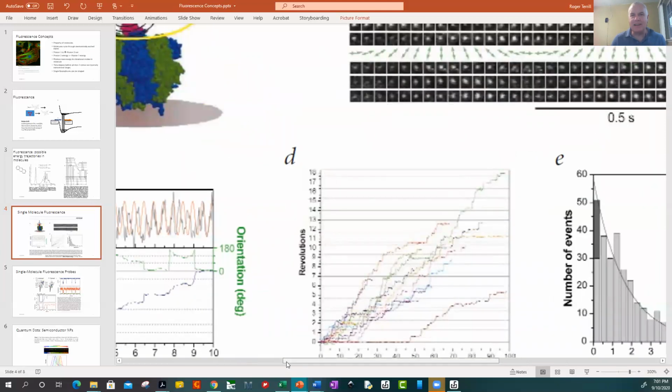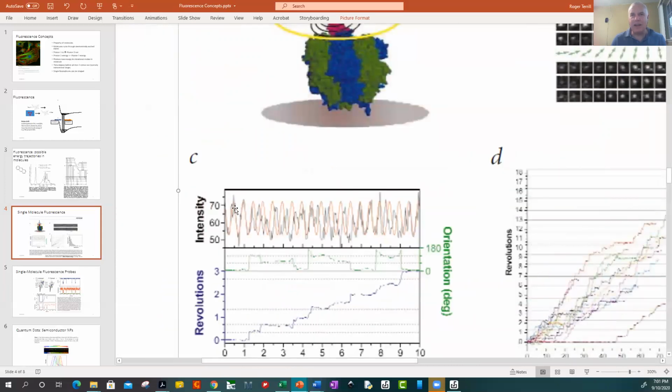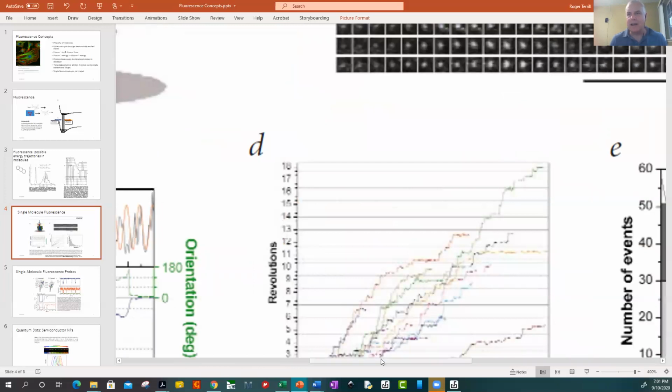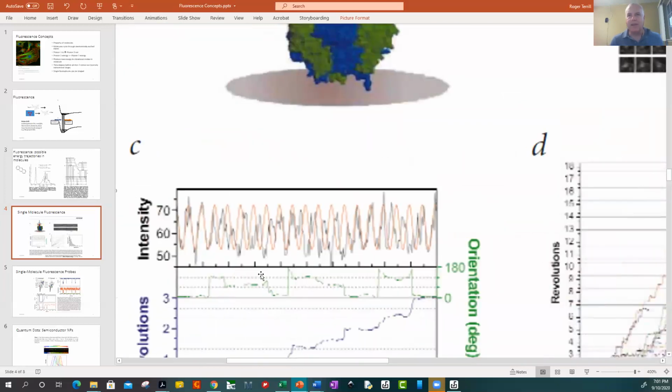So let's just see. Here is the intensity versus time as this thing goes up and down and up and down and up and down. They have a fit. Looks like the red is a fit and the black is the actual data. Right? It's clearly rotating with this period. I mean, there's no question about that. And then